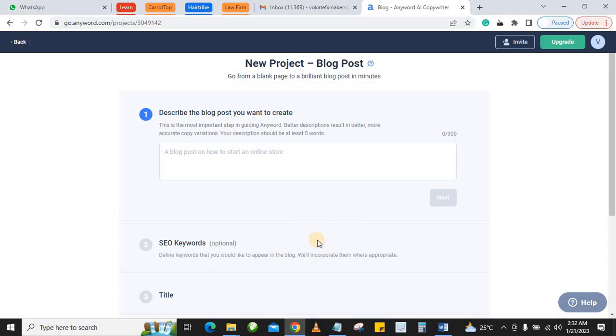Now, the first thing you want to do is enter your keyword. Make sure the keyword you're targeting is not too competitive, depending on your blog ranking or your website reputation, domain authority, and all those factors. Enter your keyword here, and it should be a minimum of 5 words. Right, so for example, I'm writing about PMP certification. So I'm going to say PMP certification